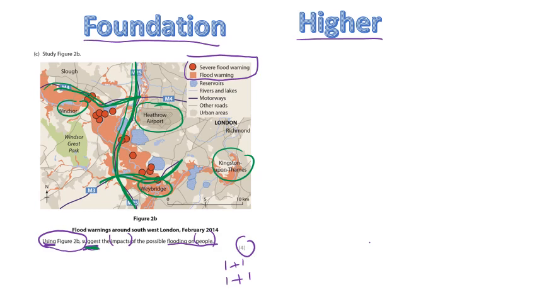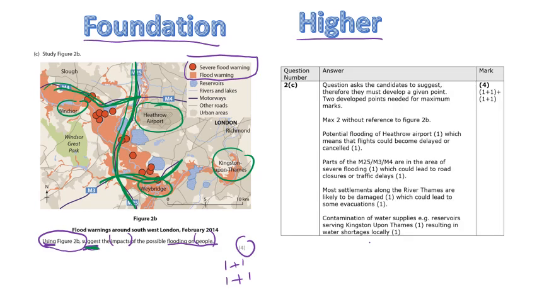So if we just have a look at what the example says, you can see it says 2 points needed for maximum marks, and here's the 1 + 1 that we're talking about. Maximum 2 without reference. I'm not sure why you wouldn't talk about the map. It's pretty obvious that it wants you to, and it makes your life easier as well. So flooding of Heathrow Airport we looked at. Flights could be delayed, road closures, traffic delays, settlements damaged, contamination of water, which I didn't talk about, but